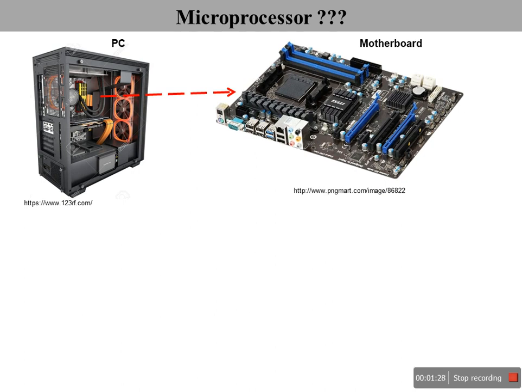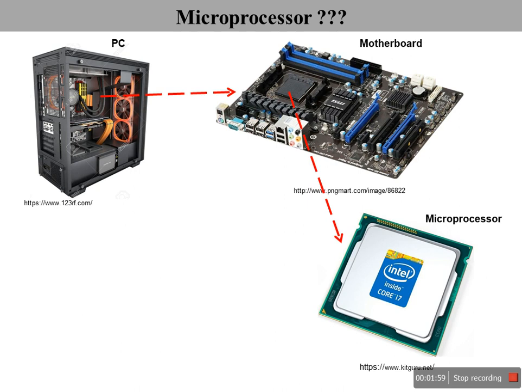Okay, so this particular motherboard has a lot of facilities, a lot of discrete components. It has interfaces for IO devices through USB or through LAN or for audio video, and a lot of slots for connecting IO devices, probably like memories and all. We have some discrete components also, and among all these, the main heart of this motherboard again is this place, which is a place for a microprocessor. So at this place we have a microprocessor like Intel, say Core i7 or so and so forth.